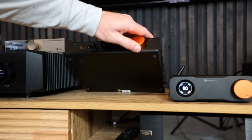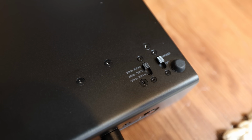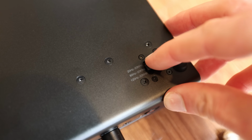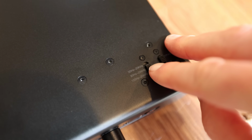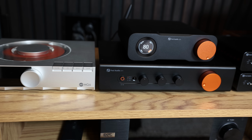I've asked for this feature a dozen times and it's only recently started to show up on new products outside of a few outliers. And that's a high-pass filter. A high-pass filter is going to allow you to filter your main speakers with 3 selections. 20 Hz to 20 kHz, which is essentially full range, 80 Hz to 20 kHz, and finally 120 Hz to 20 kHz. This is a fantastic upgrade over many other preamps because it allows you to select, say, 80 Hz